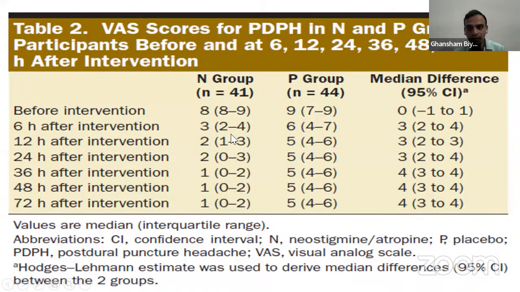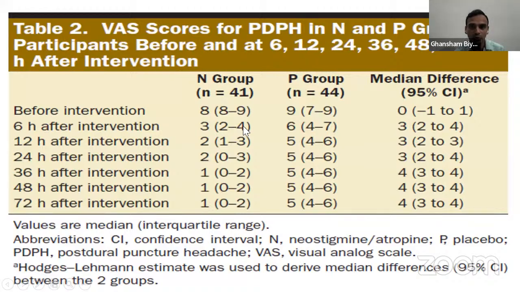And once they did the intervention at 0 hours, when they followed up their patient at 6 hours, look at the difference the treatment group was having. The VAS score dropped to 3 with a range of 2 to 4, but it remained quite high in the control group. And as I said, at the end of 8 hours, the plan was to repeat a dose